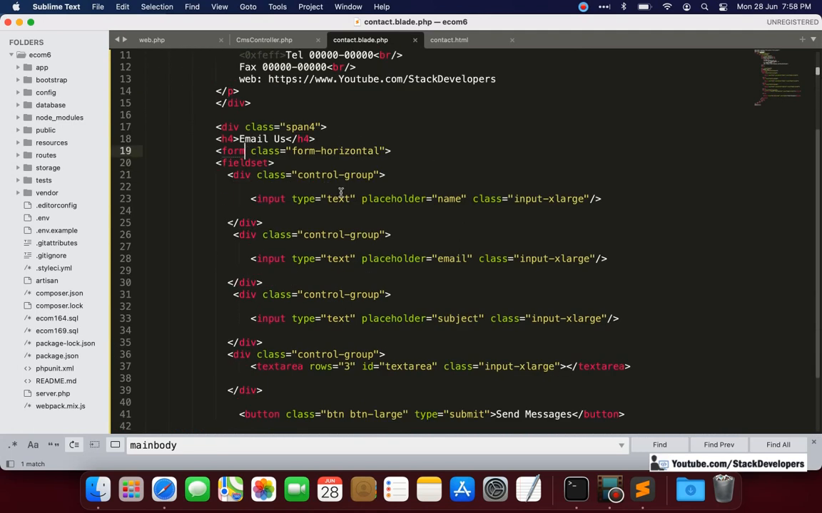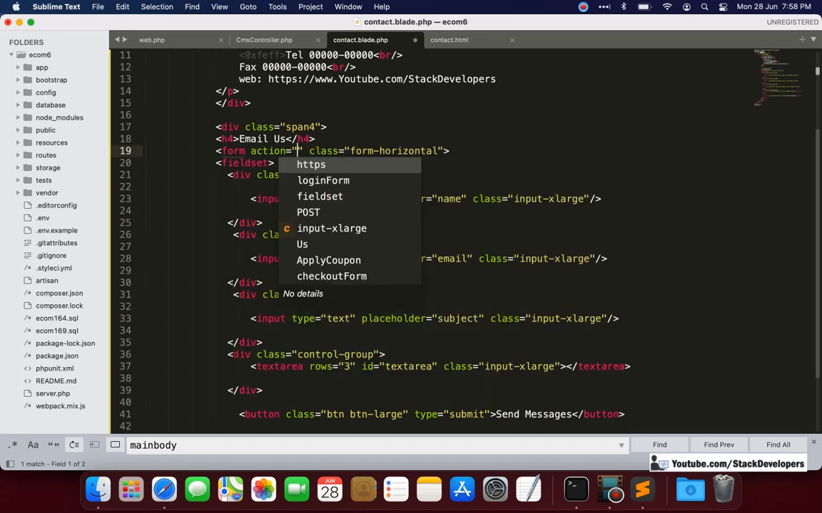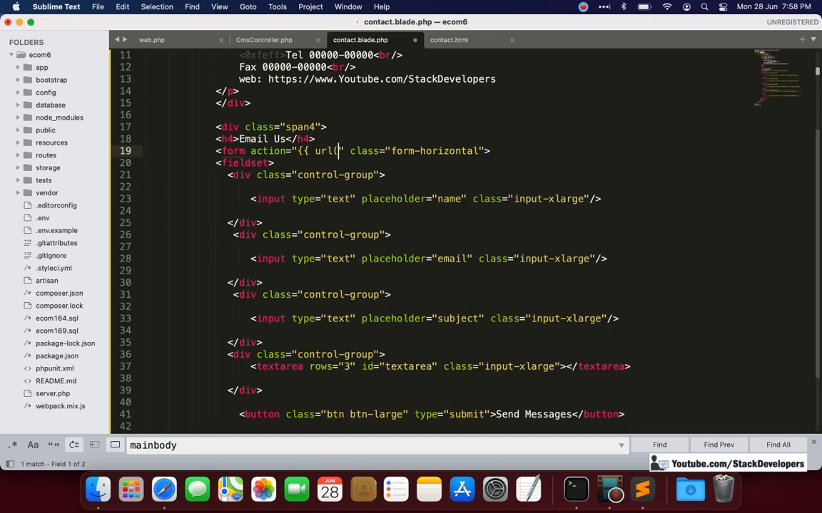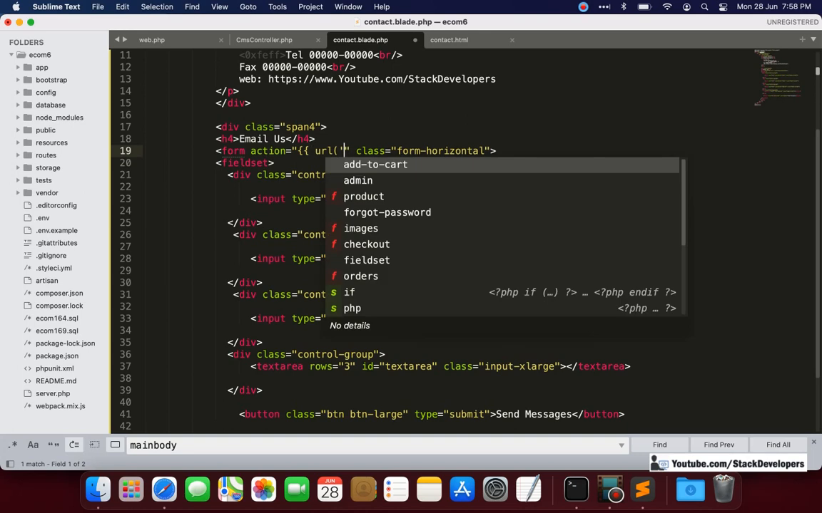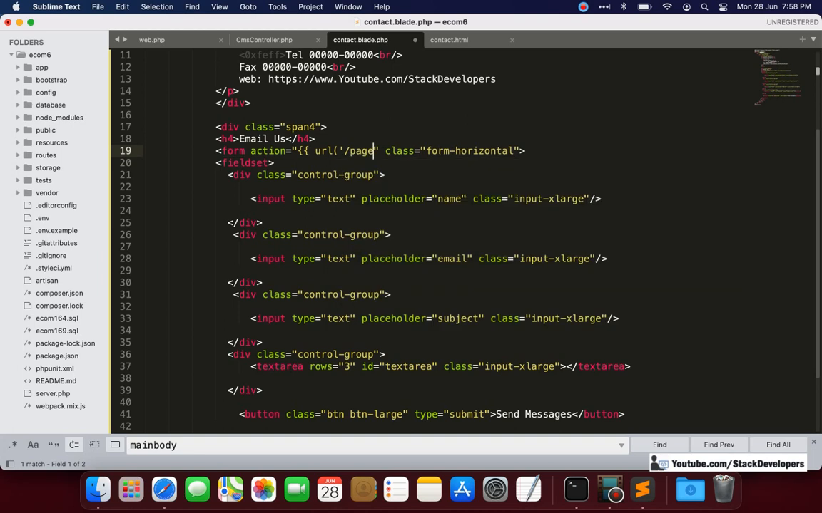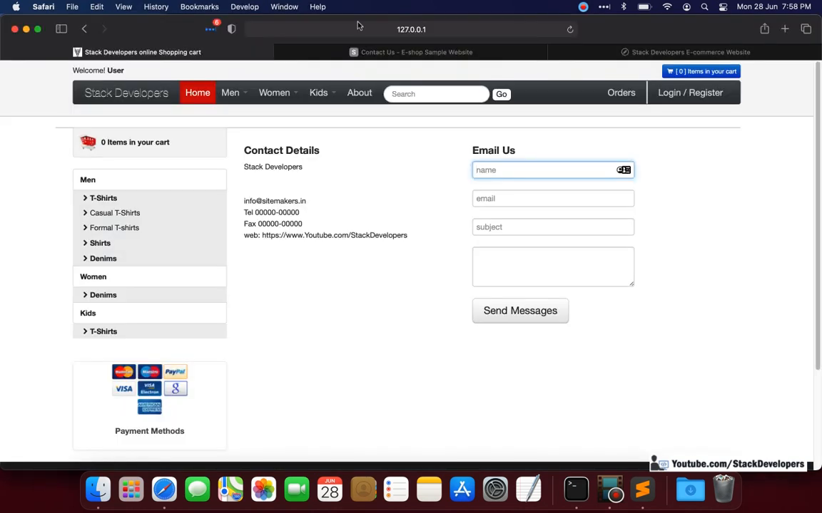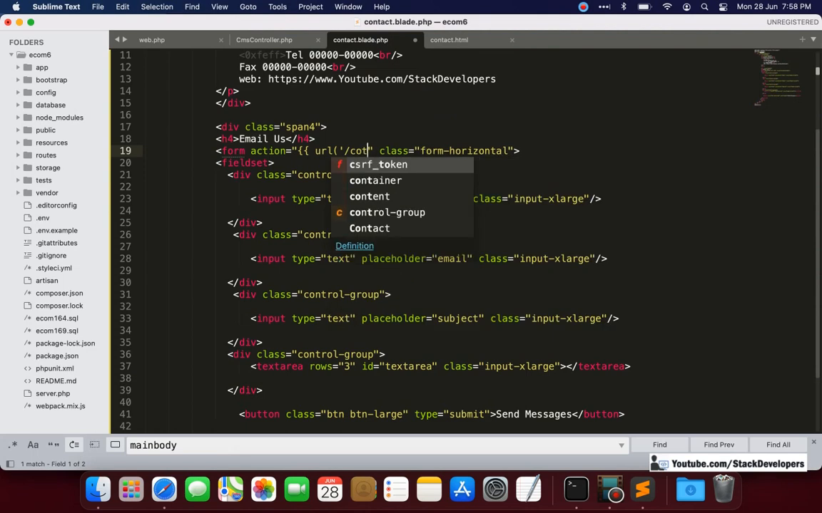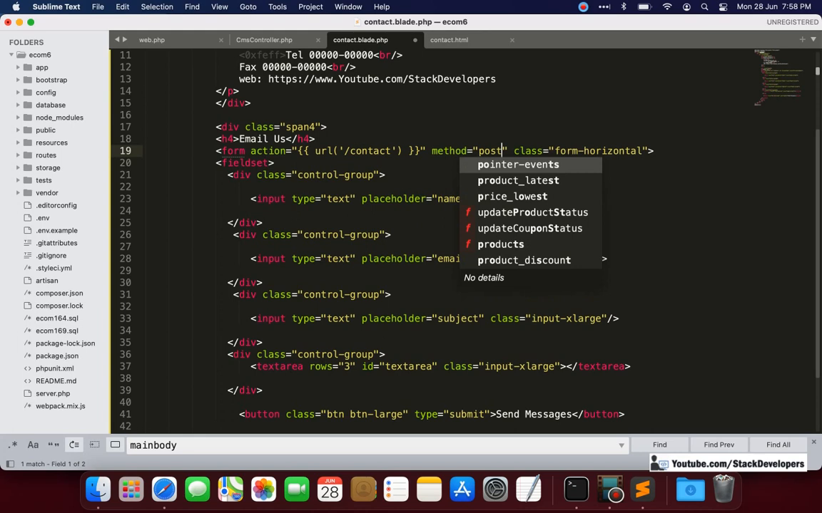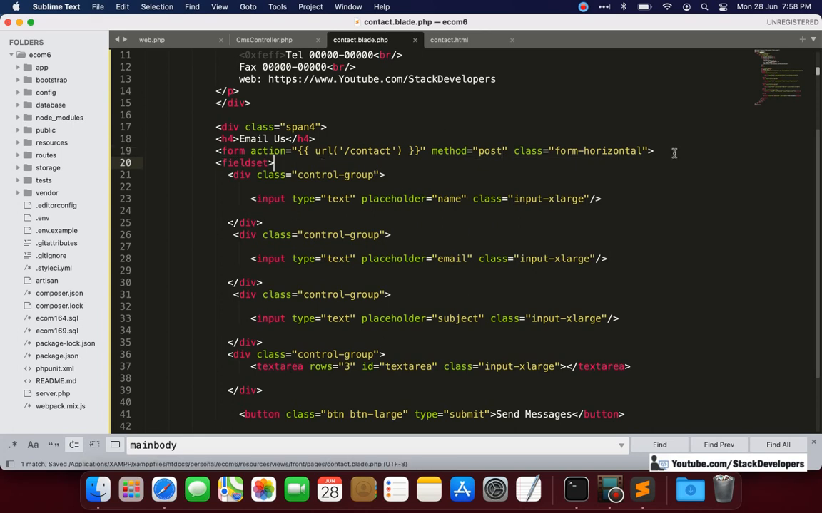So this is the form. Here we are going to give the form action, which will go to that same route that we are having. You can see the contact here, so we are going to add here contact. Like this, and we are going to use the post method, and we will use @csrf token. Okay, and here we are required to give the name,